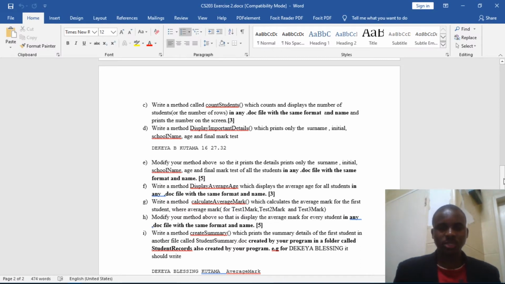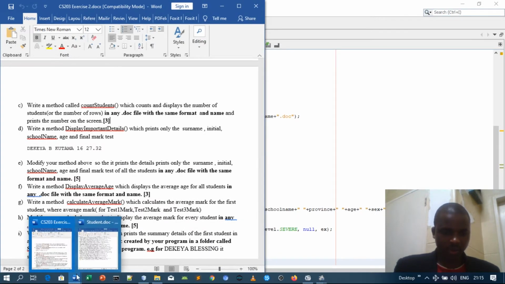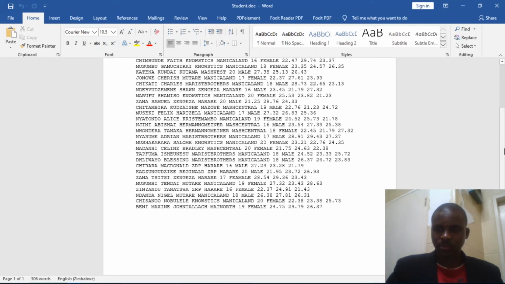So let me open our file here. You see here, guys, we've got each student on its own line. The first line is for Daycare, the second is from POF, and it just goes like that. So what we have to do is read the number of lines in the file. If we manage to do that, we will be able to determine how many students we have in the file. So how are we going to do that?